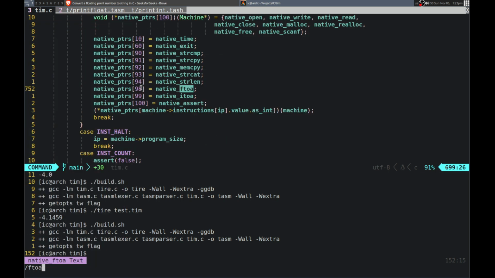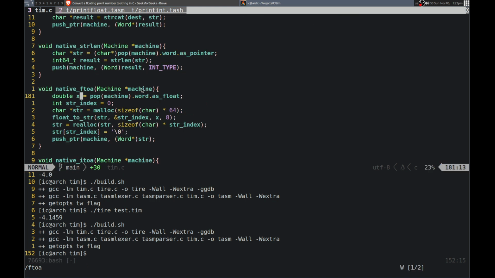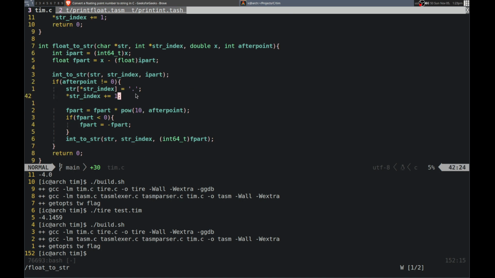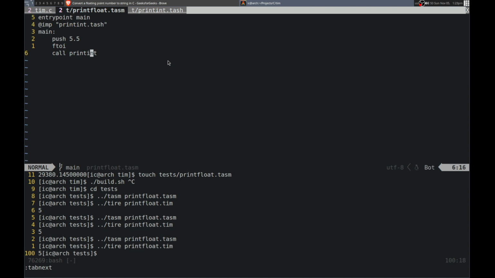Let's see, float to ASCII. There we go, right here. This is the implementation of it. So, no, that is not. We need float to str, and that is essentially what we're copying, except we're going to be printing instead of appending to a string. So, what's a good way to do that? So, yeah, we're basically going to be converting this. So this is the first part, which we're doing here. So, print int. Yeah, so that's fine. So we have the first part done. Then we need to get the second part,